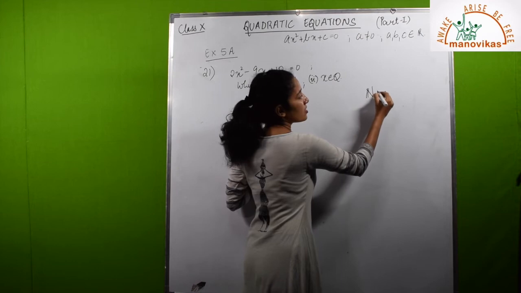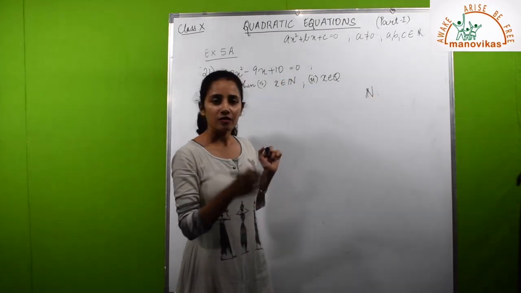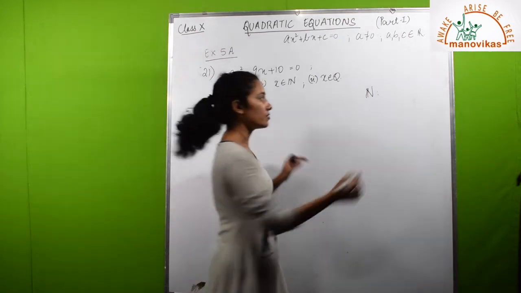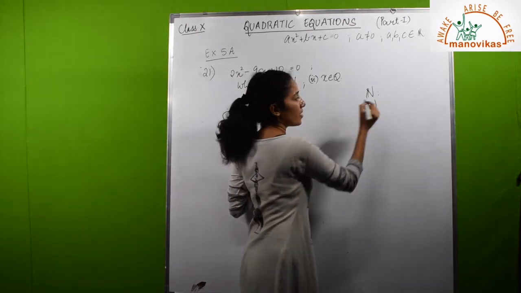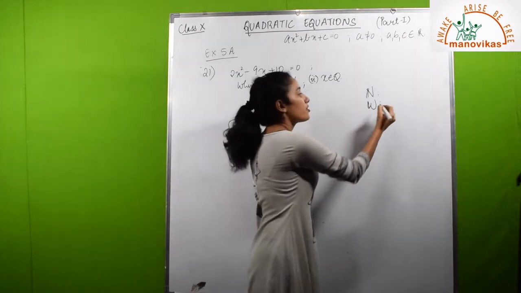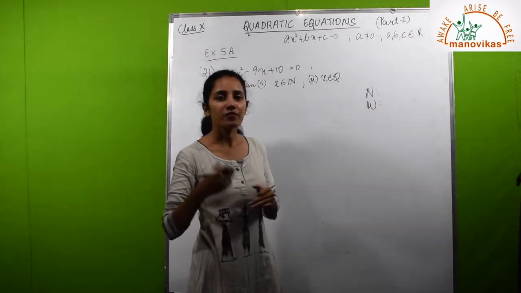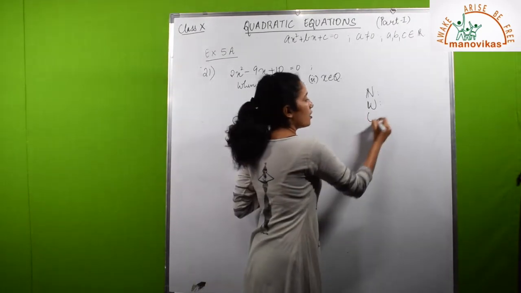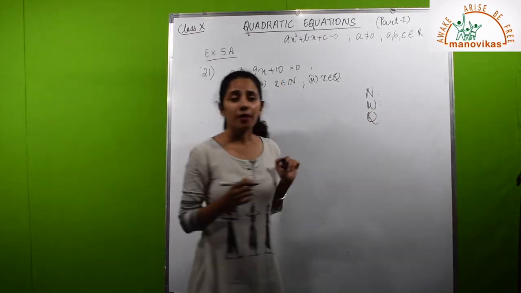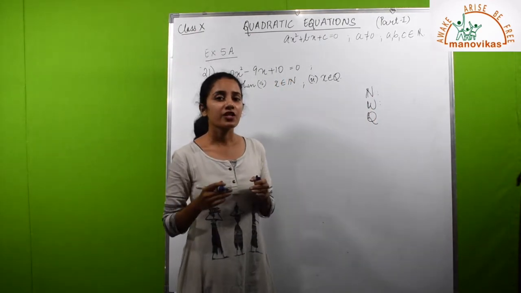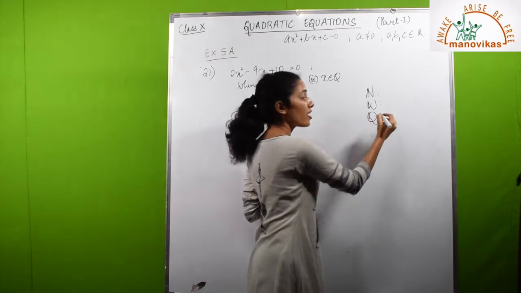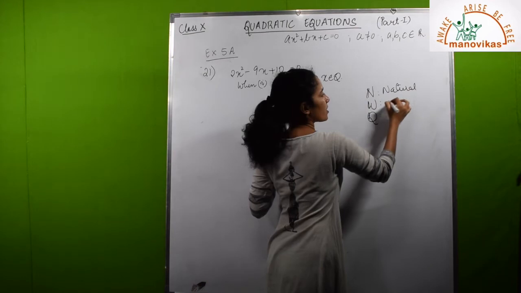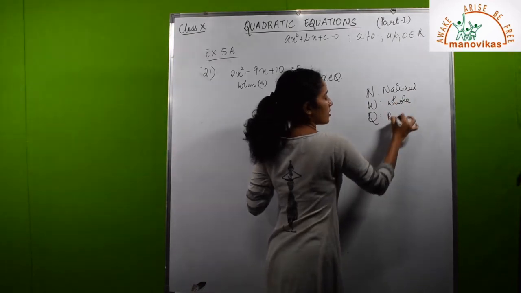for natural numbers it is all the numbers from 1, 2 and so on. They are also all positive and no fractions included. Whole numbers is denoted by W, and here you see that the whole numbers start from 0, 1, 2, 3 and so on. No negatives and no fractions. Rationals are all numbers of the form p by q, where q is not equal to 0, which you have learnt in your previous class. So it's natural numbers, whole numbers, rationals,